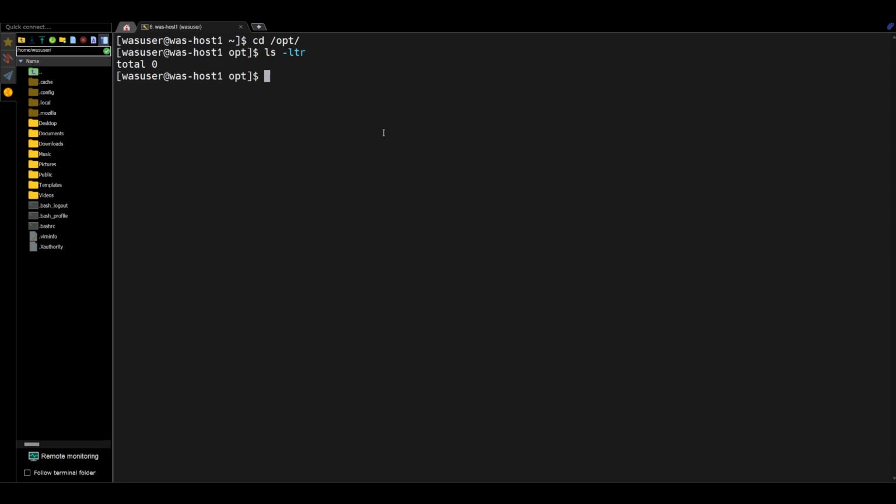Now remember that /opt is owned by the root user. So if you want to keep software over here, you need to create a folder as a normal user, which is vasuser. If I do mkdir a, it will come up as permission denied. So you need to do sudo mkdir, for example vas-installation, or you can create a folder called installation, and then you can have all the installation related items over here,